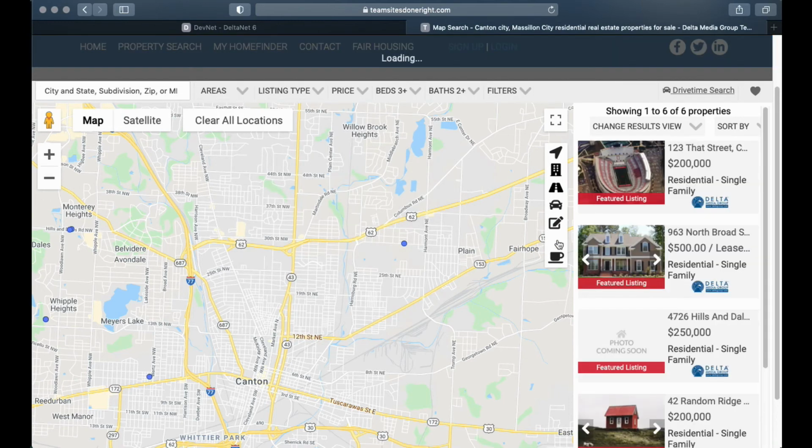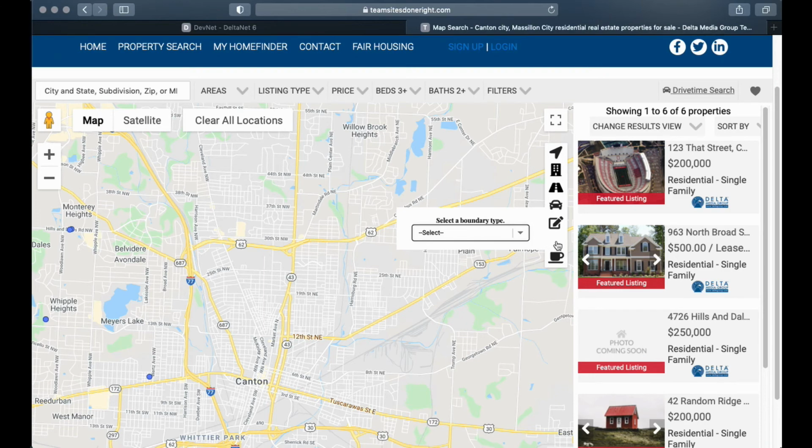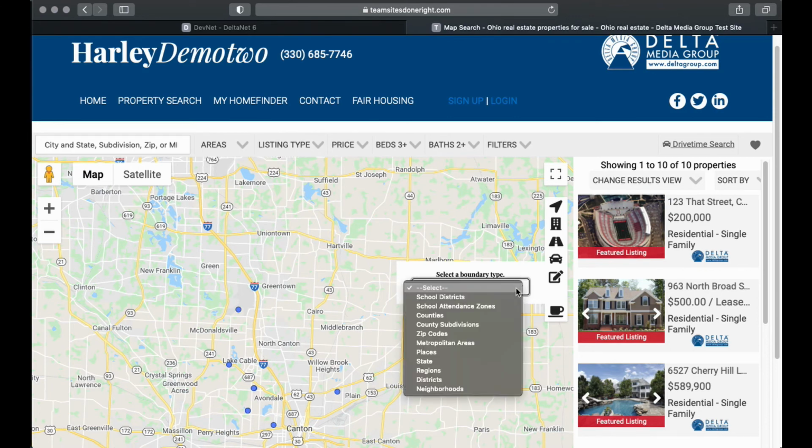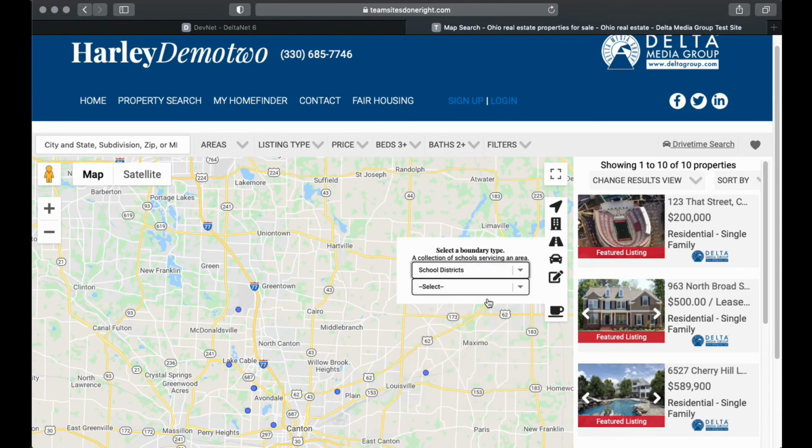There we go. Now the next piece we have here is if we click in this section, typically there's an icon here, a little boundary icon, but if we click in that section, you can see that we can select from some different boundary types as well. So one thing we can do for these boundary areas is we can look at school districts, and that's where this thing can be